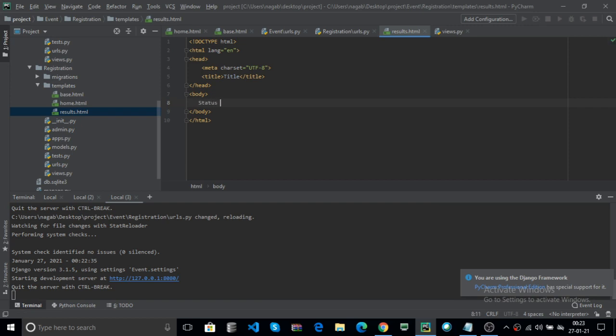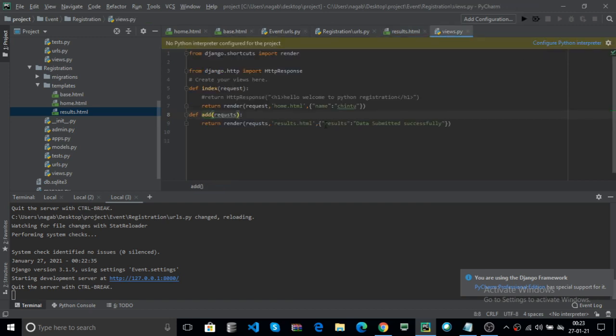Here you can also add any JavaScript, based on your design you can write your code. Now here status, here I use the DTL language, that is, views.py contains the results. Here the data submitted successfully message is displayed.